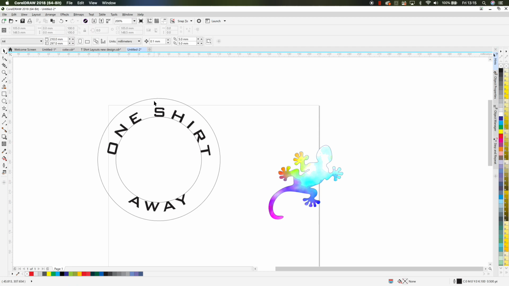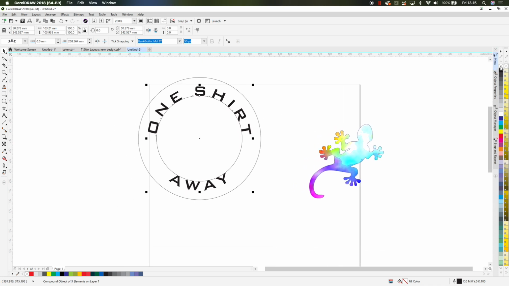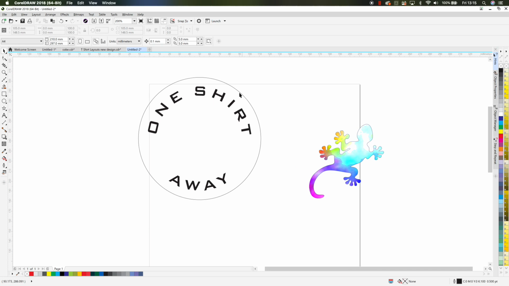So what I want on the outside here, this customer's asked me for a thicker border. Okay, so it gives the appearance of the badge, and they don't want an inner border at the moment, but they may come back in a moment and ask for that. So let's right click and get rid of that outer border.